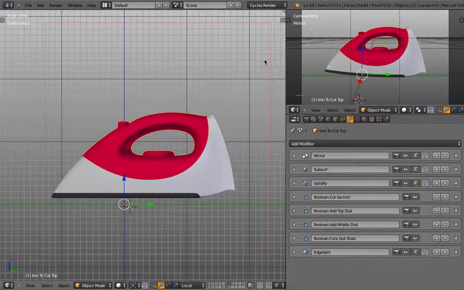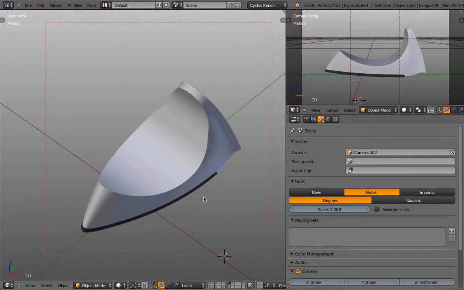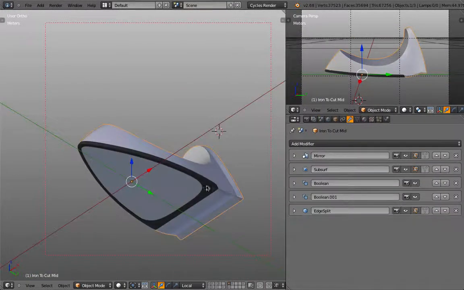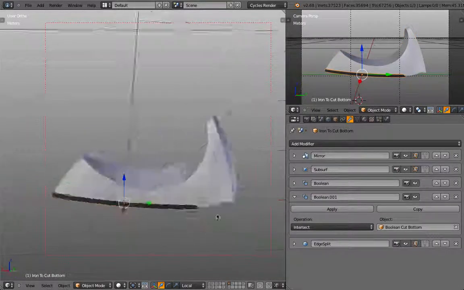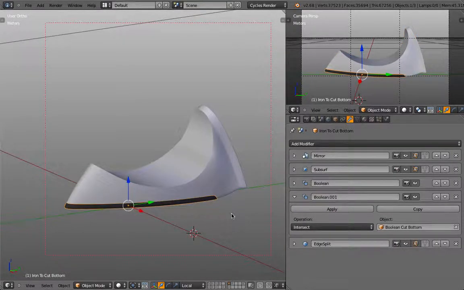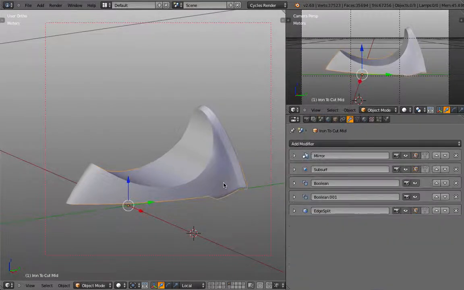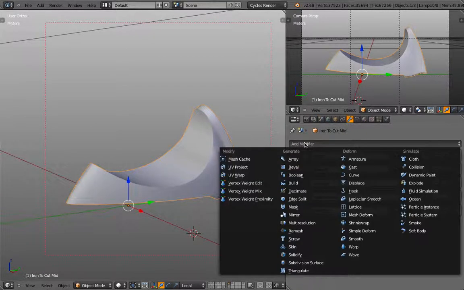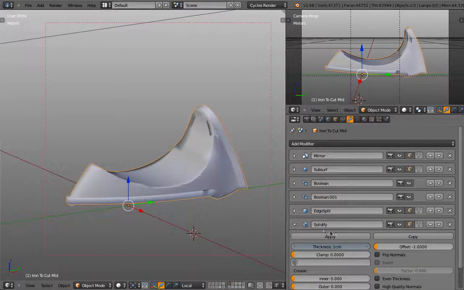So the last two tasks now would be to get those other two parts solidified so we can print them and shell them out. So let's see what happens if we apply a Solidify modifier. And sorry, I said apply, but what I mean is to add